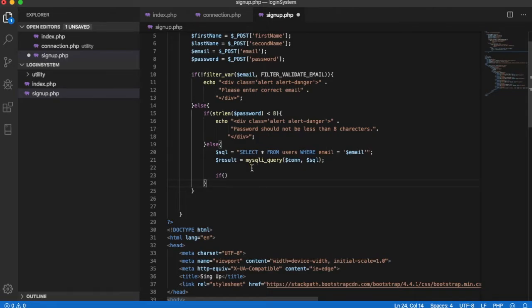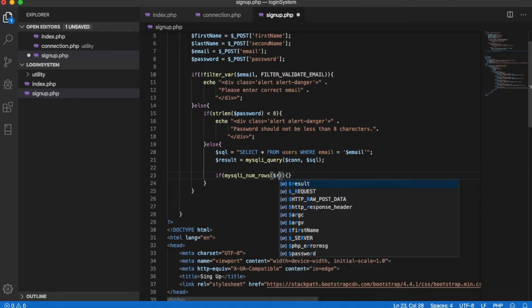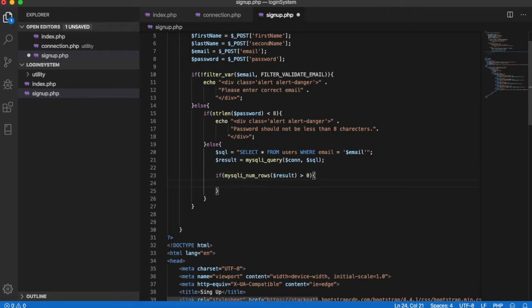If the user already exists, then we're going to display an error. So if there is a user with the given email, then we'll check the rows of result. If user is greater than 0, and we'll give the